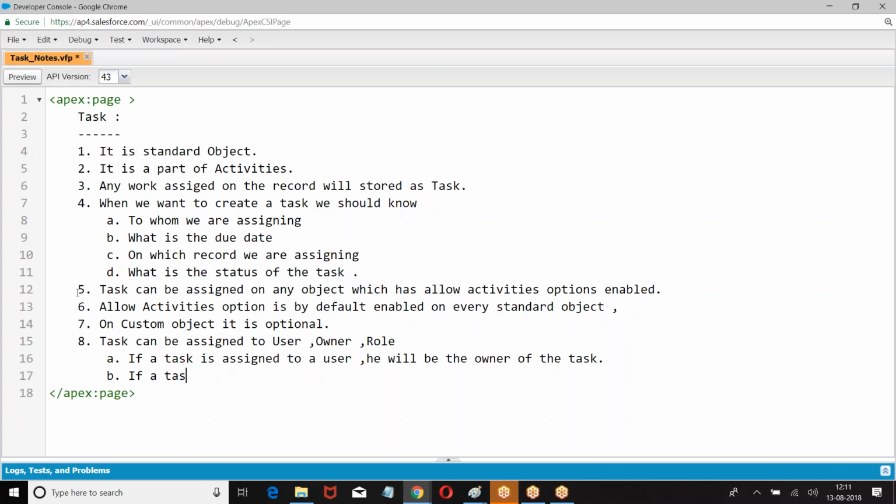If a task is assigned to owner: if owner is a user, then task is assigned to that user.